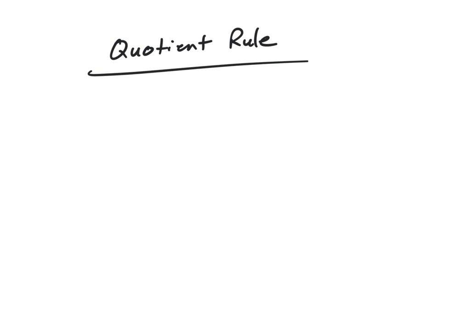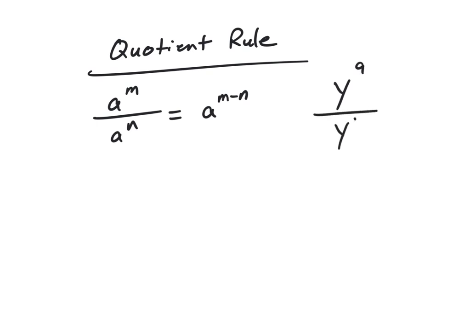A few minutes ago we saw the product rule, so now we have the quotient rule. Quotient means division. So when we had a product, we said we're going to add the two. When we have a quotient, we're going to subtract the two exponents. So if I had y to the 9th over y to the 4th,